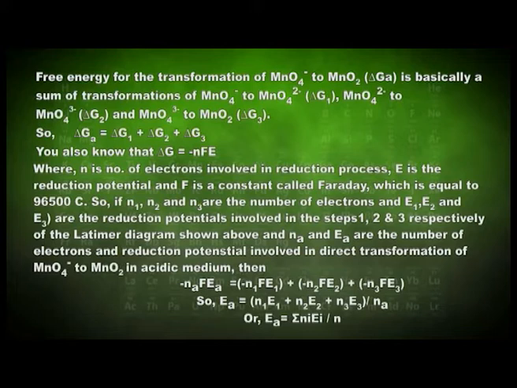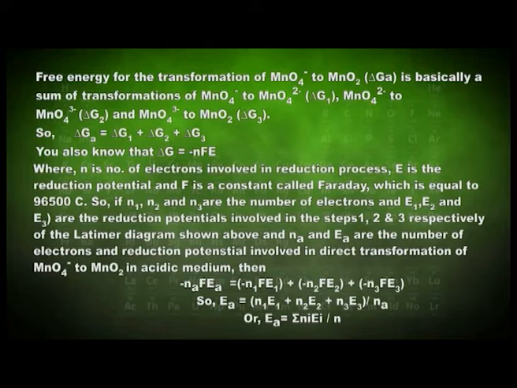So, if n1, n2 and n3 are the numbers of electrons and E1, E2 and E3 are the reduction potentials involved in steps 1, 2 and 3 respectively of the Latimer diagram shown here on the screen, and if na and Ea are the number of electrons and reduction potential involved in the direct transformation of MnO4- to MnO2 in acidic medium, then minus na F Ea should be equal to minus n1 F E1 plus minus n2 F E2 plus minus n3 F E3, and therefore